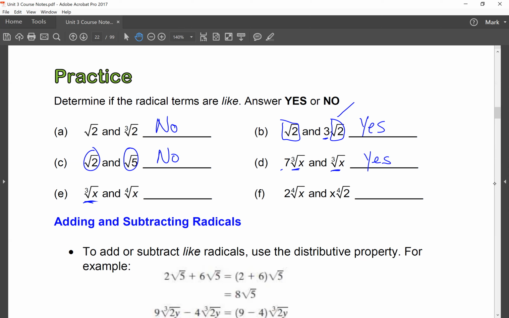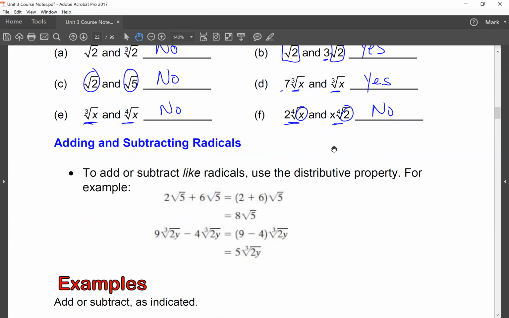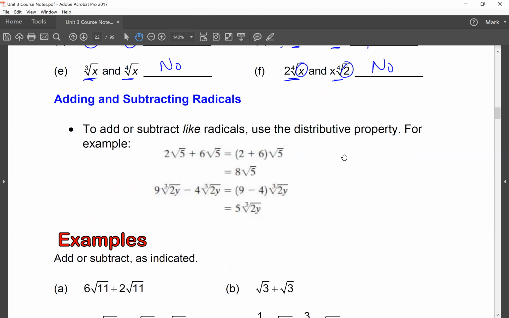3 root x, 4 root x, that's a no. And here, no, not even close to being the same, because this is the square root of x and this is 2. So no. Now, knowing this is the first part of